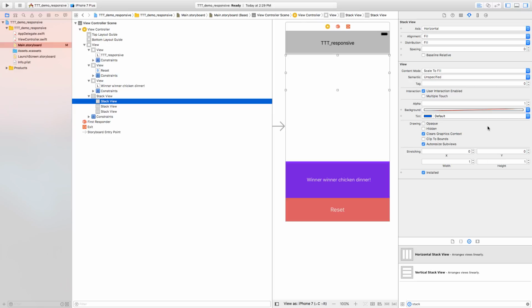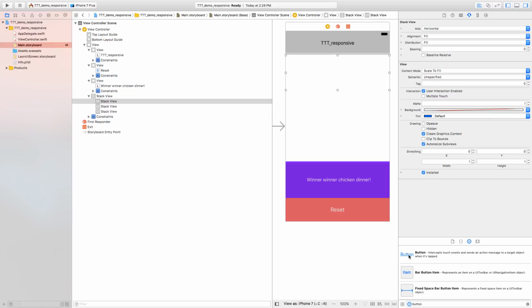So the stack view generally is like a container to contain some things like buttons or views or anything like that. And those actual containers are really just kind of like helping you with the auto layout. They're not actual things that you want to mess around with too much. They're just like a tool to optimize, like giving them auto layout constraints, because then it could get messy if you have a lot of grid elements. So button. I'm going to put some buttons inside of my stack views. So drag button over here, or